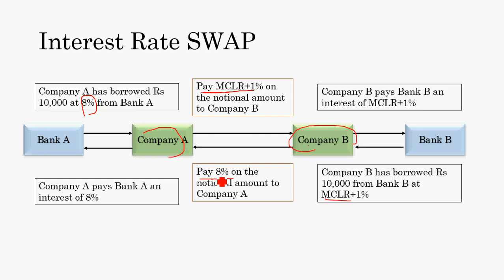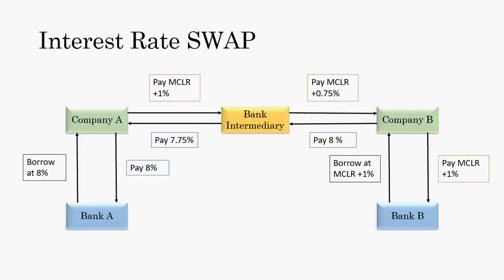Two companies which want to change the nature of their liabilities will get into a contract, whereby one company will change from fixed to floating and the other company will change from floating to fixed. So this is how typically an interest rate swap will work. In many cases, it is not easy for company A to find a company B which would suit their interest. So most of the time a bank will play as an intermediary, whereby it will act as a market maker, bringing company A and company B together. For that, the bank may charge a certain amount of commission.